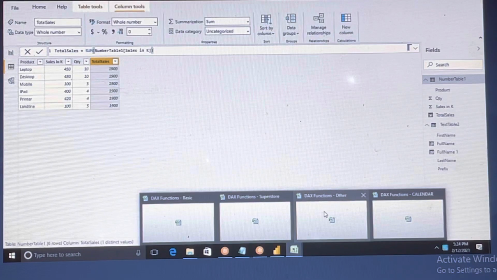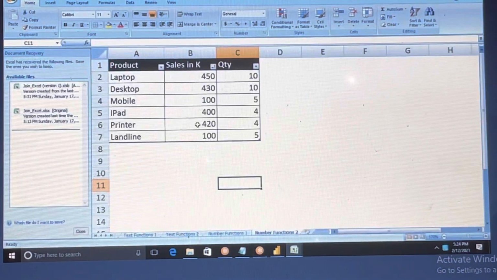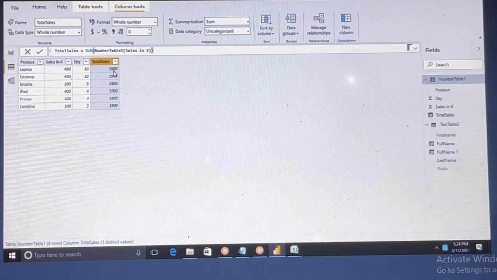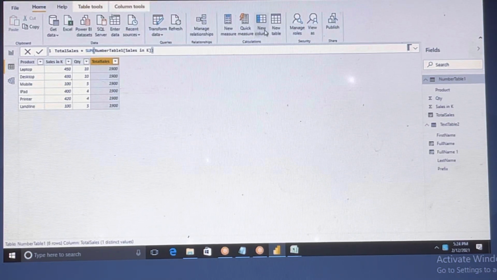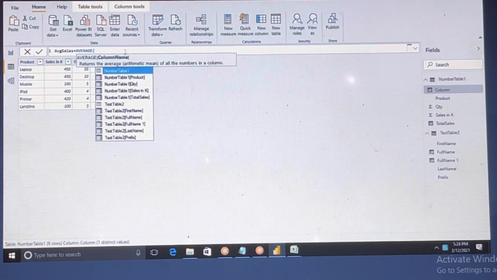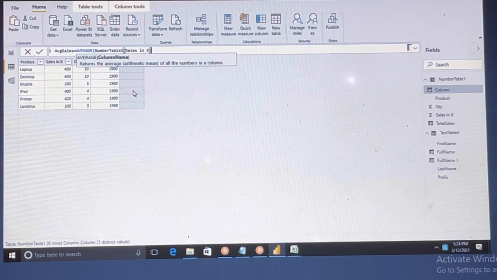For example, let me go back to this one. Where is the basic? Yeah. See, if we add all the things, what are you getting? 1900. Okay, 1900 we are getting. Total sales it is taking and it is repeating in the table in Power BI for all this data. Suppose I take one more thing. Click a new column, average sales. You can see that average function and you can open that. What is the sales? Close bracket.